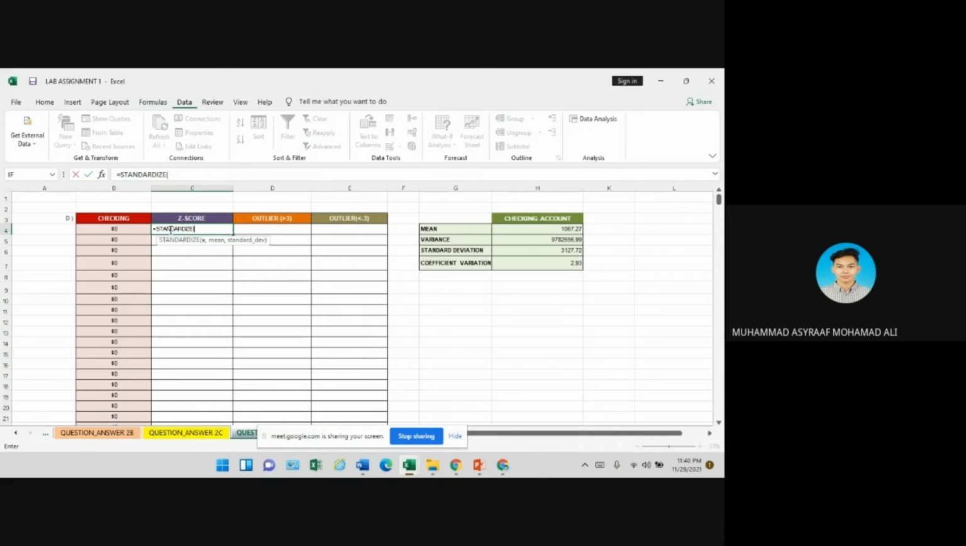For the Z-score the formula is STANDARDIZE, and then click the checking and then click the mean and then click the standard deviation. Don't forget to put the $ before the alphabet. Double click and then for the outlier, the formula is IF and then more than 3, and then click outlier, more, no, and double click, and then the outlier -3, the formula is IF and then the